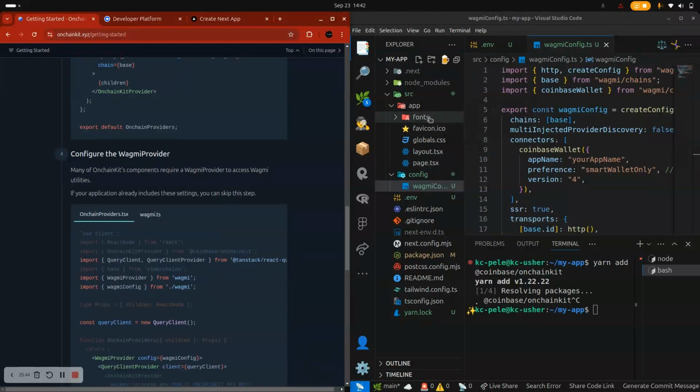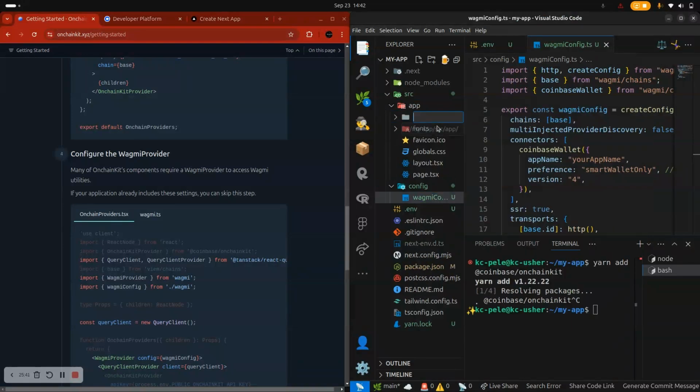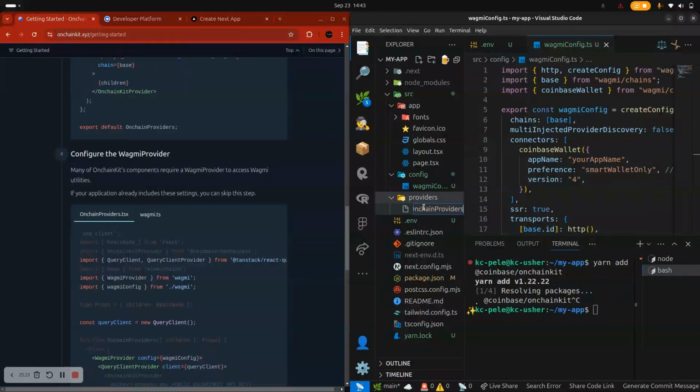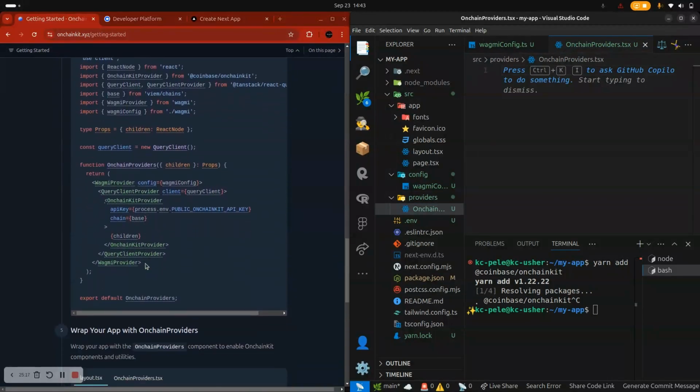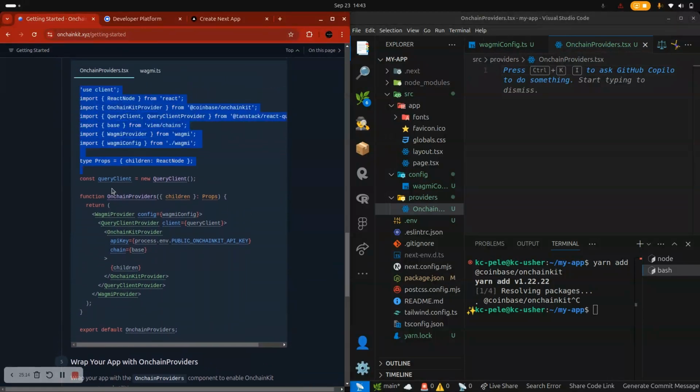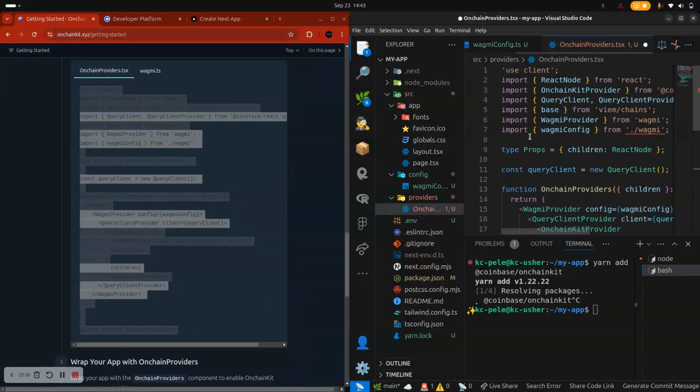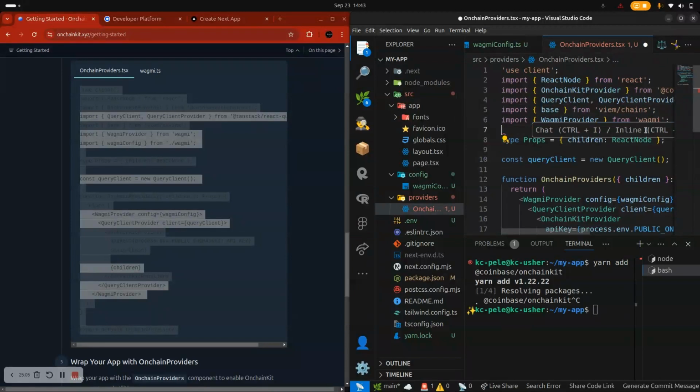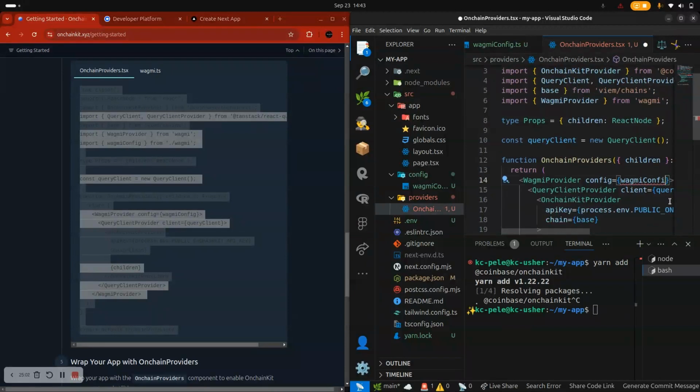What we have next is our provider. So we can also have a folder called providers, and let's move it out and have this. So we have on-chain provider, providers.tsx, and all we need to do is to copy this. So let's copy this and paste it here. So let's change the import,